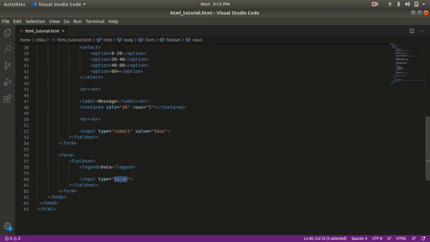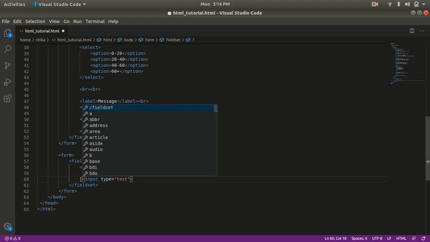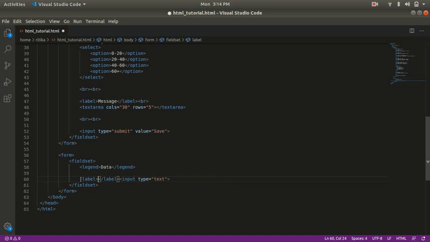Let's change it to text. Before input I forgot to mention label tag. Let's write label tag and let's write first full name here. We'll mention BR tag which will create a break here.